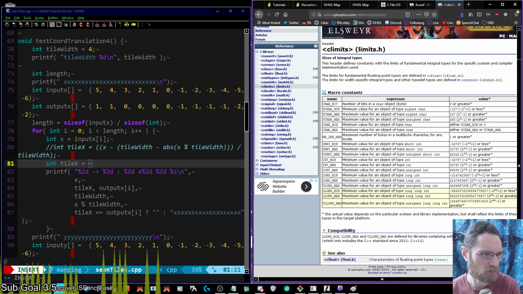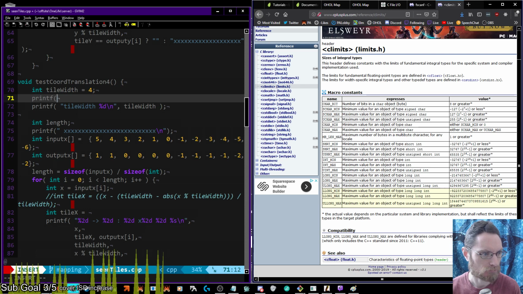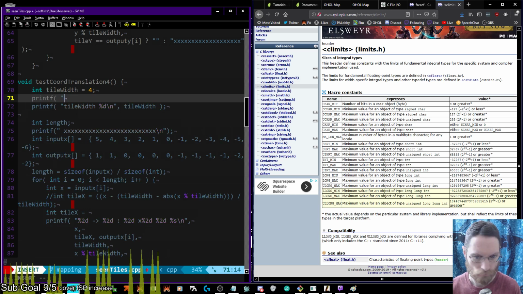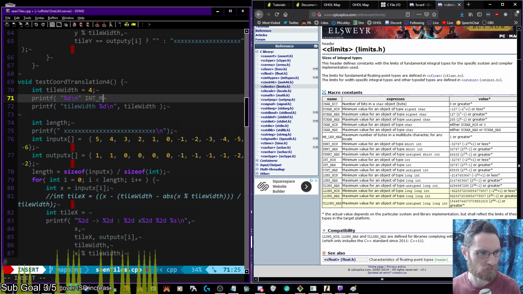So I actually have to print out what these are. So in this system, we would expect this to be something like int max. I guess we should probably do